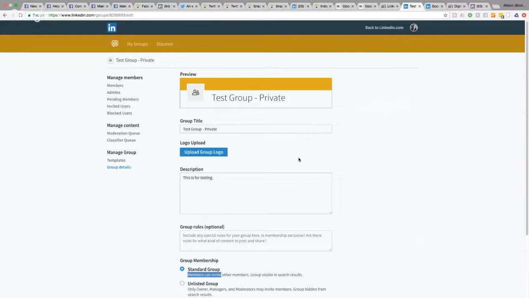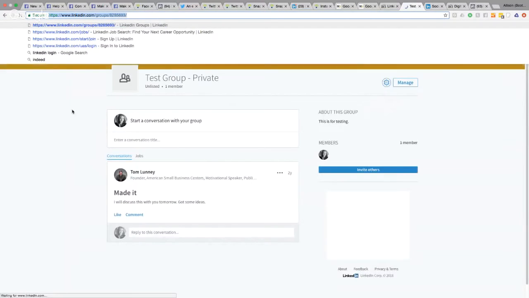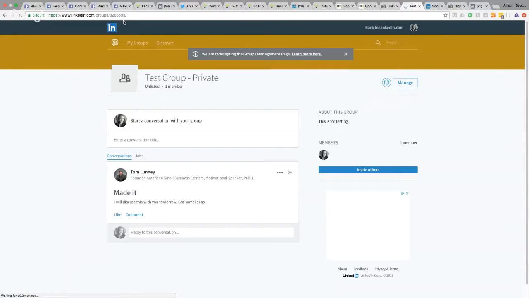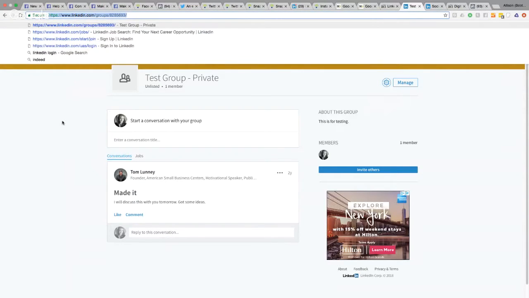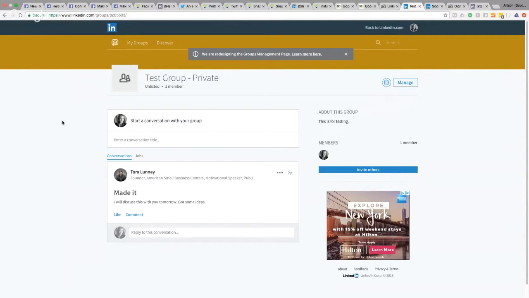And so if you want to invite people to join the group, you would basically go to the group, and you can take the word edit off the end, or you can just go to the group itself. This is the link to your group. And you can simply copy that, and then you paste it into the email database. So you're probably thinking, well, gee, if I can copy this, I can copy and paste this anywhere. And you're absolutely right. As long as it is a standard group, you can copy and paste your group link anywhere that you want people to be able to click on it and join your group.